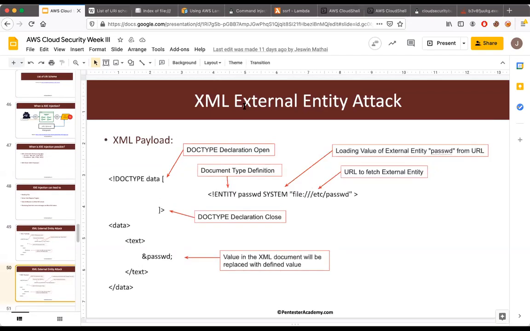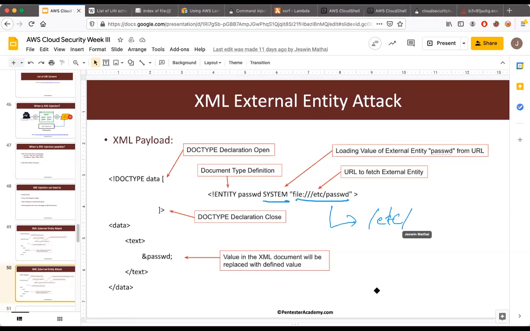Now with XML external entity, this is what happens. Whenever we want to refer to data outside of the XML, we call it an external entity. So in this case, for example, we are defining an entity called password, and now we need to get some data outside of the XML, right? So what we are doing is we are using the keyword SYSTEM, and then we are referring to the path or the URI. Here you can notice this is pretty much the same URI which we have seen in the previous case, file:///etc/passwd. This will allow us to read the etc passwd file,